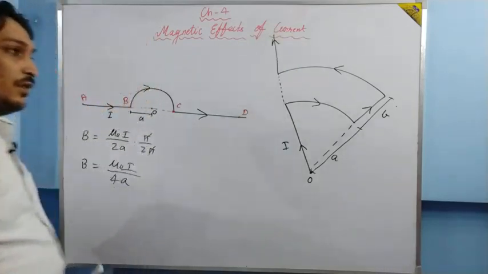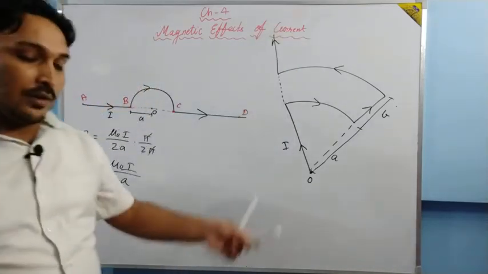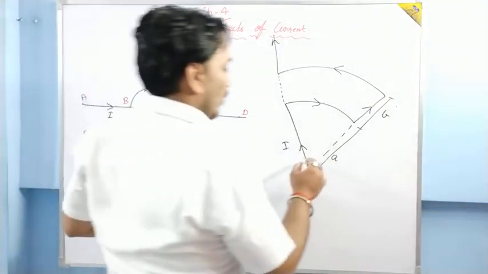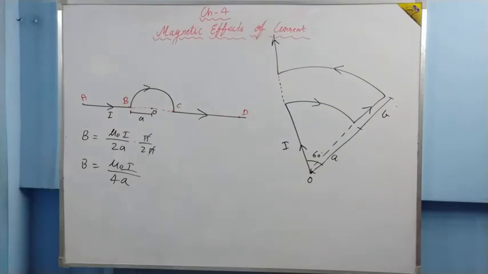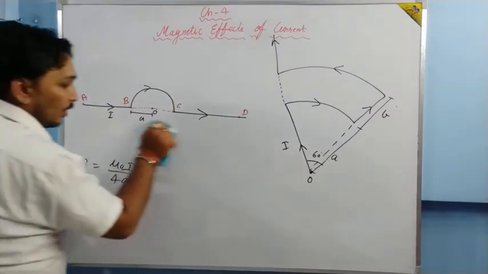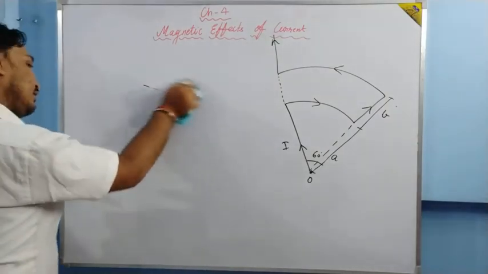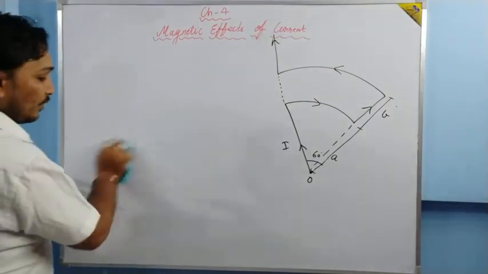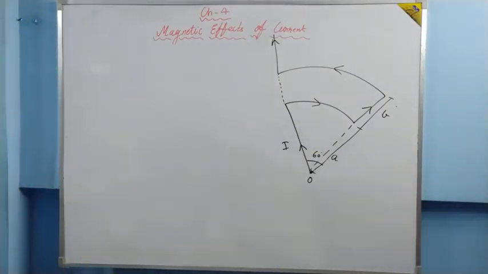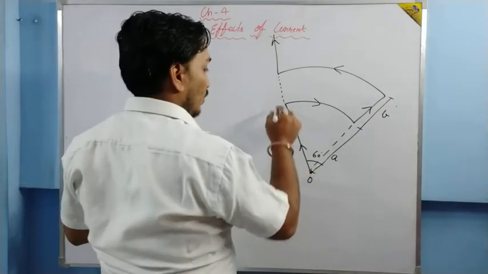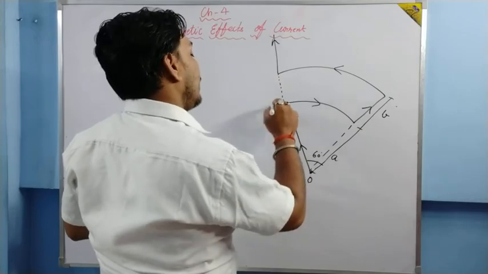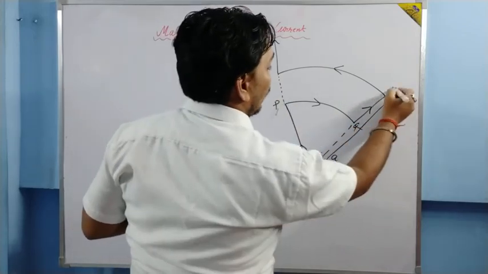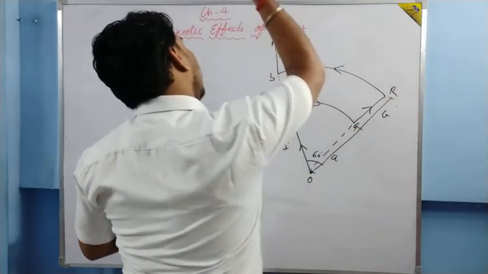What we have been asked? We have been asked what is the magnetic field at O? Let this angle be 60 degree. Okay, what is the magnetic field at the point O? So we have discussed that the wire which is straight over here, suppose I name them P, Q, R, S, whatever.